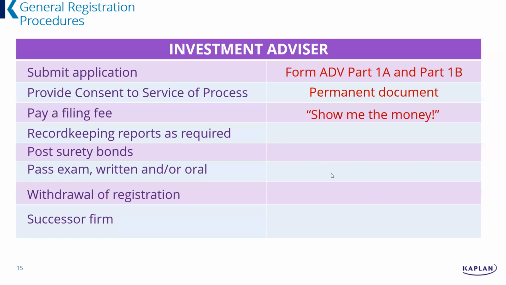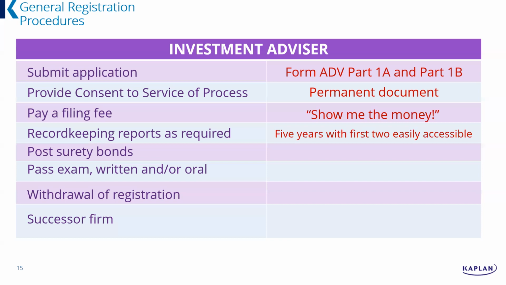Record keeping reports as required. So we're talking about the investment advisor side. On the broker dealer side, it's different. One challenge as a test taker is to keep straight that questions about broker dealers are different from questions about investment advisors. This is about the investment advisory firm, and that's 5 years with 2 years ready access. Ready access means within 24 hours. Administrators, regulators love to say that. I'll be back tomorrow, same time, at which point you better be able to produce the record.